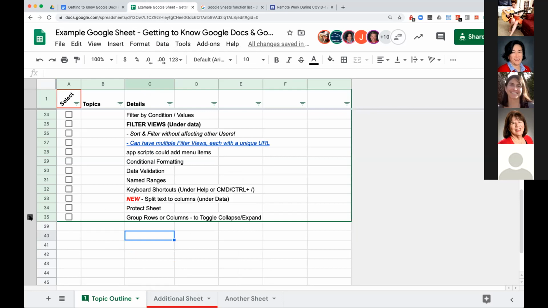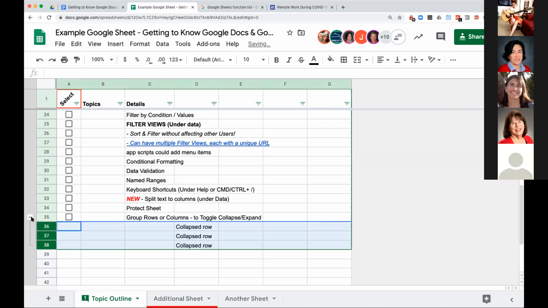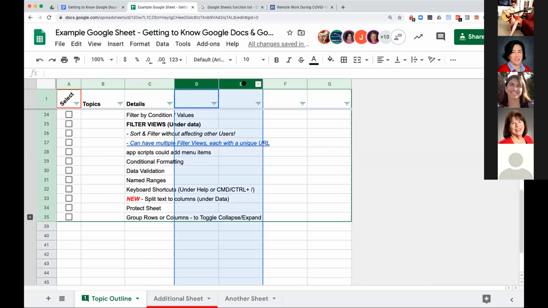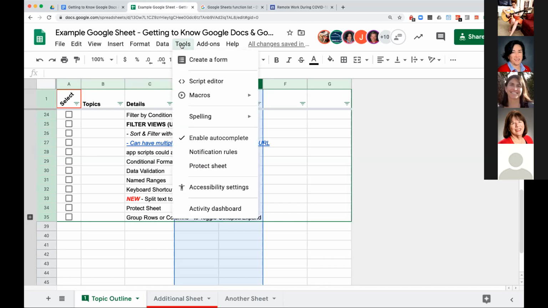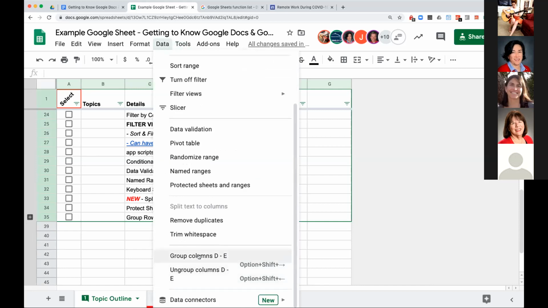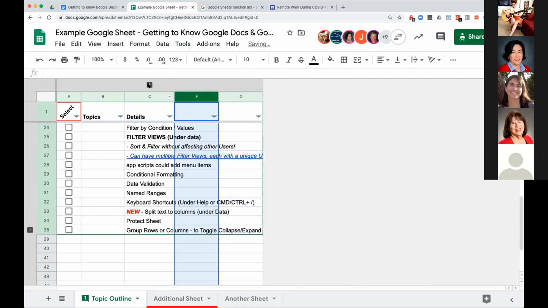And I think this is available in Excel as well, but you can group rows and columns. So you see this little plus over here. This is kind of like a collapse. So I can open it and close it. You basically would select a couple of columns or however many you want, or rows. And I think I have to figure out where it is. It's under data. And then you can group, and then you get this little collapse and expand.